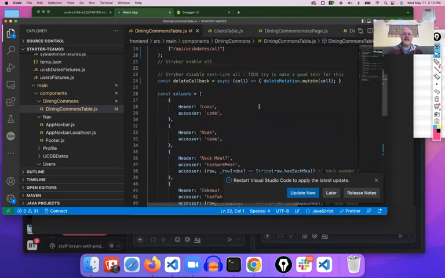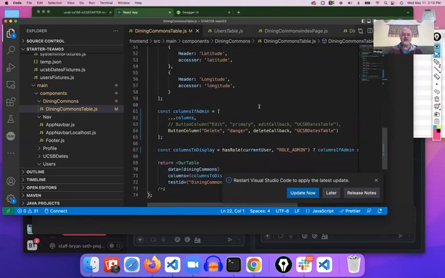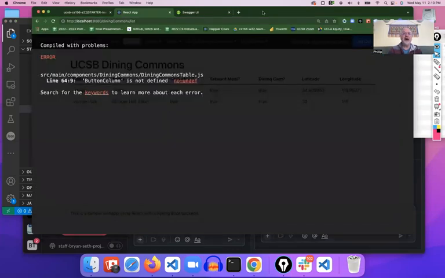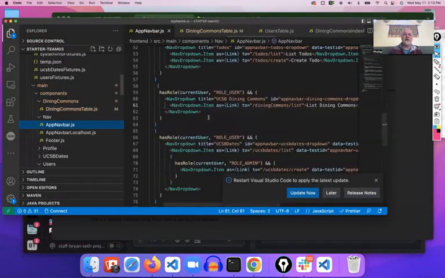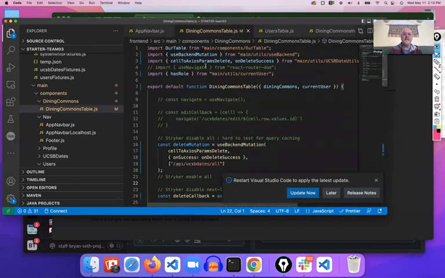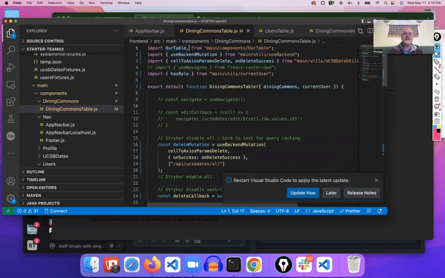All right, so we've made the changes. My hope is that with these changes in place, if we go back to our web app, all right, so we see ButtonColumn is not defined, line 64.9. So let's see if we can figure out what's going on there. ButtonColumn. I think ButtonColumn is something that we should be importing from our table. So here we have our table. I think what we need is comma